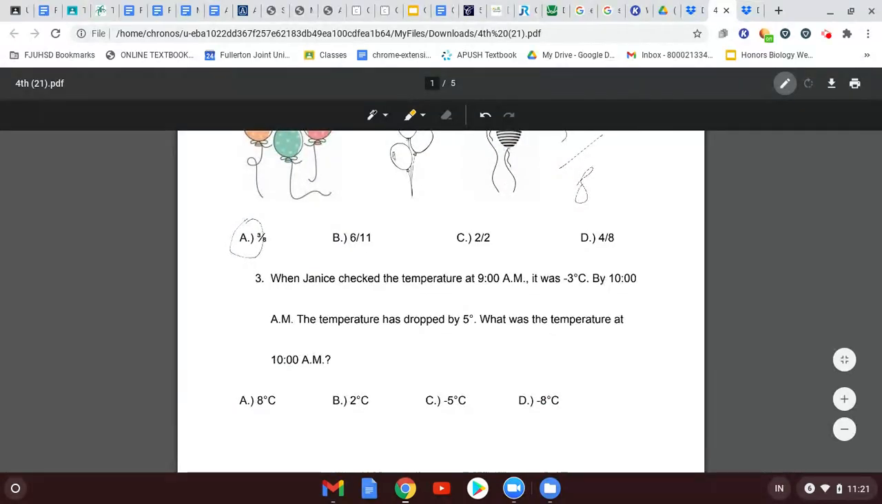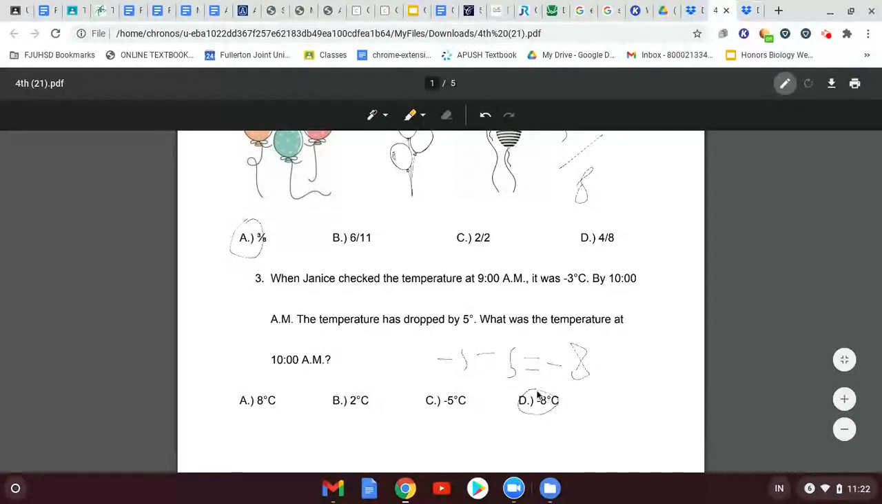Okay. When Janice checked the temperature at 9 a.m., it was -3 degrees Celsius. By 10 a.m., the temperature had dropped by 5 degrees. What was the temperature at 10 a.m.? Dropping means that it got colder, right? So we have to do subtraction, which means -3 minus 5 equals -8